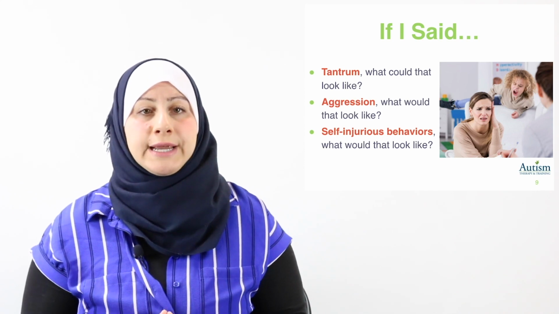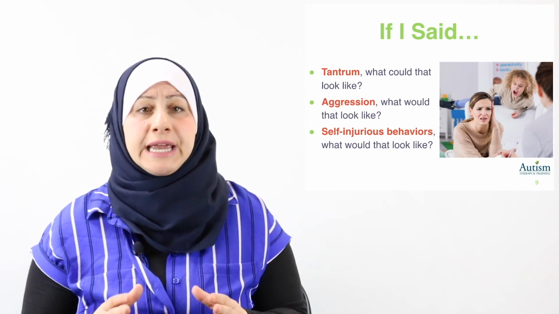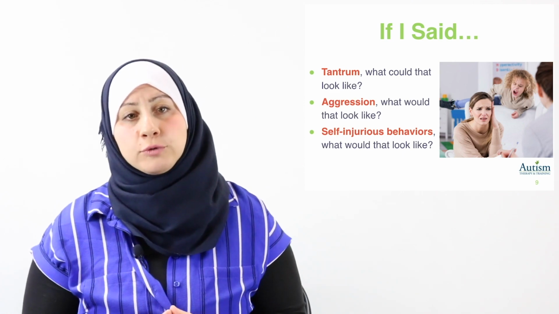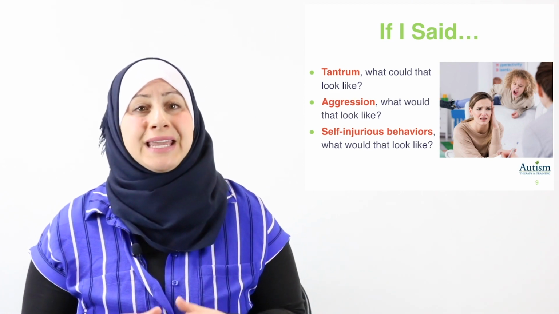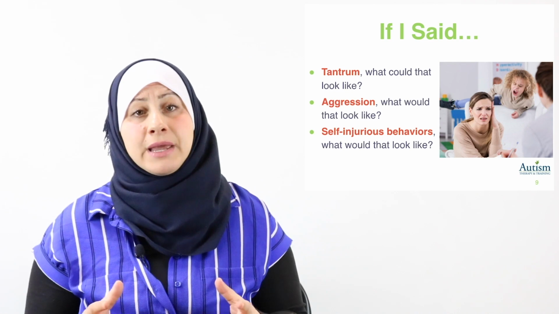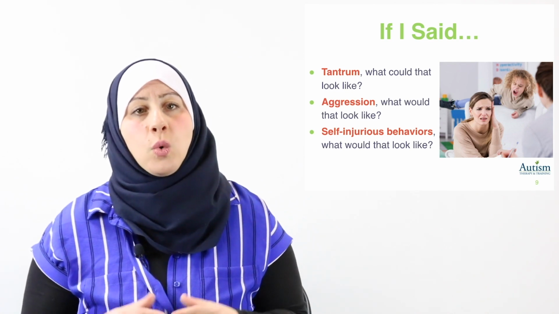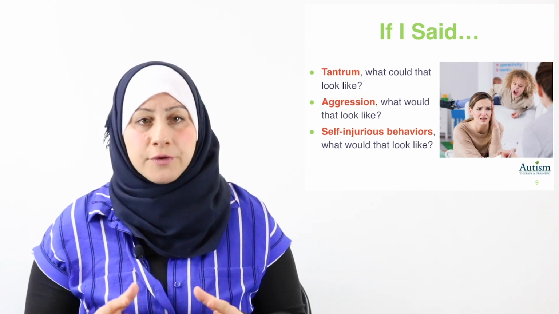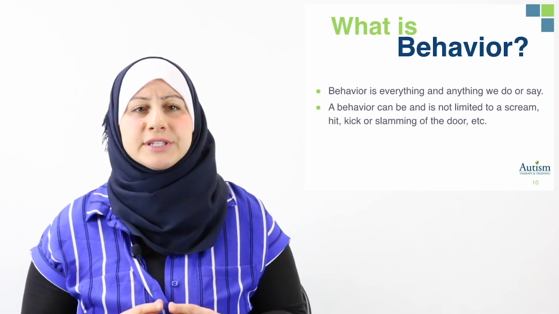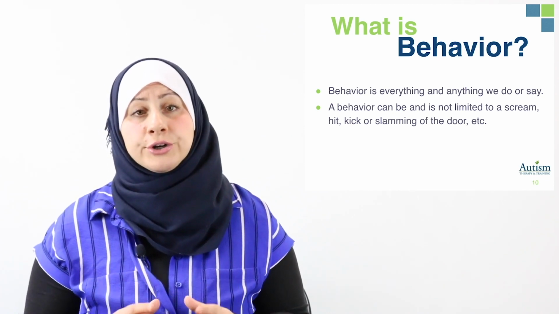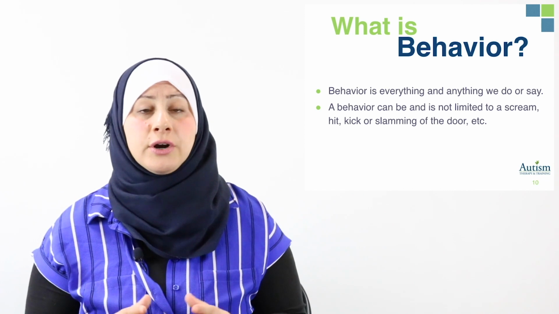We all know what a tantrum could look like, but a tantrum can differ from child to child. Some may flop to the floor and roll around, some may kick and scream, and some may punch the wall and kick it. What about aggression? What does that look like? Or self-injurious behavior. What does that look like? Behaviors need to be defined in a way that someone else observing the learner could identify that it is occurring.